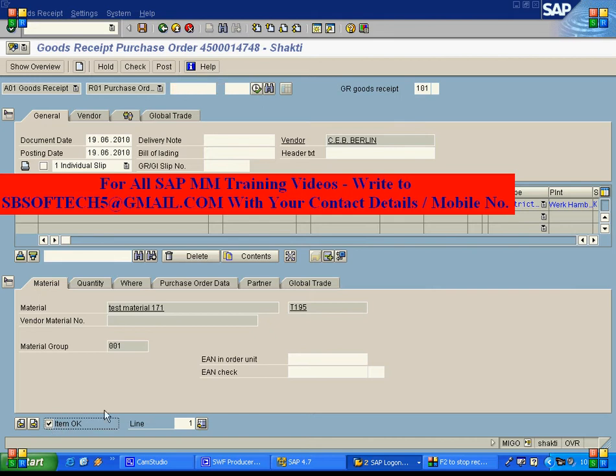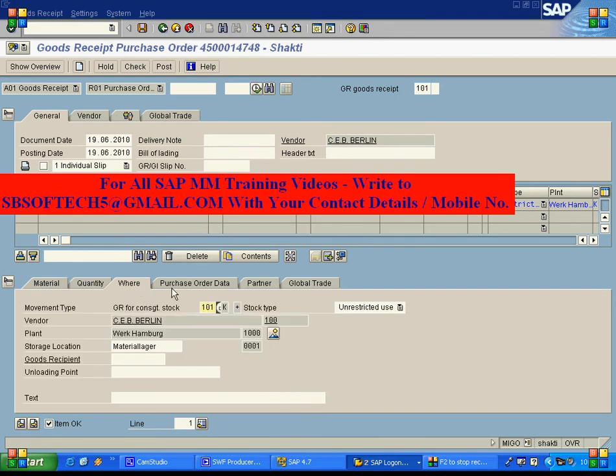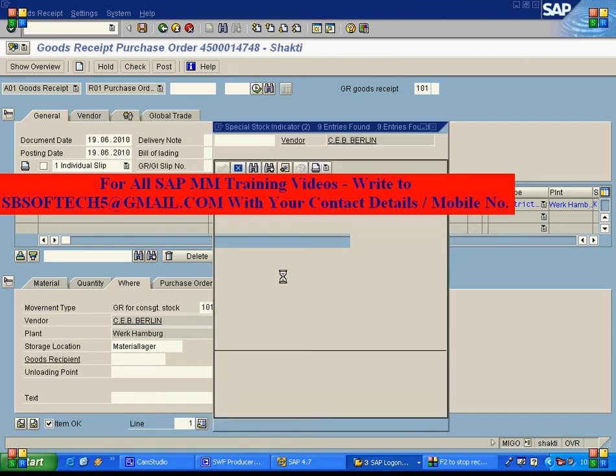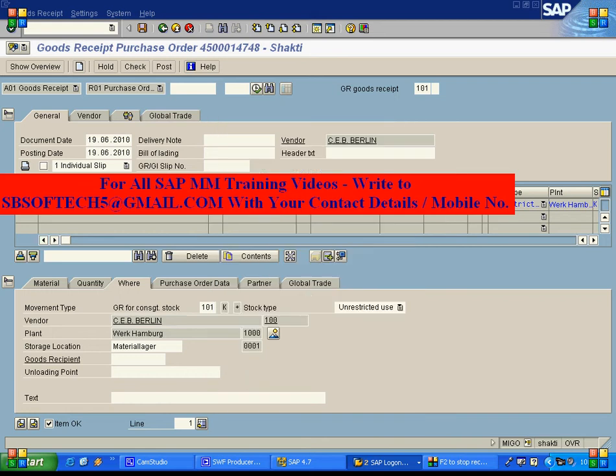So I am receiving a quantity of 100, and if I go to the where tab, this is GR for the consignment stock. The movement type is 101, and in the next column, the special stock is K. K stands for consignment. So it will update the consignment stock.